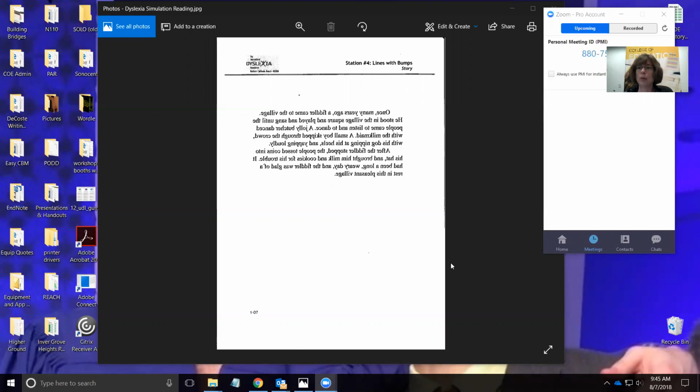So then another comprehension question is, what did the people do? And I kind of gave it away in the last thing I said. They tossed coins in the fiddler's hat, and they also brought the fiddler milk and cookies. So if this was difficult for you, think about students, again, that, we did this for just a few minutes,